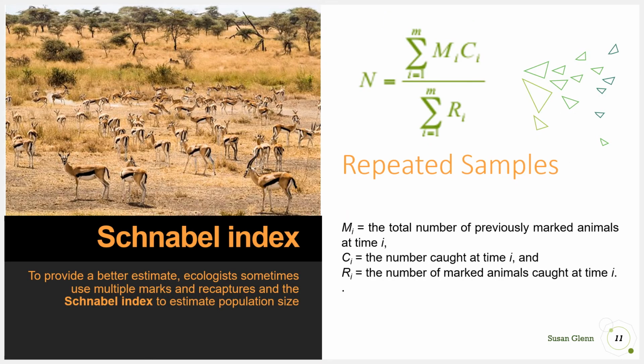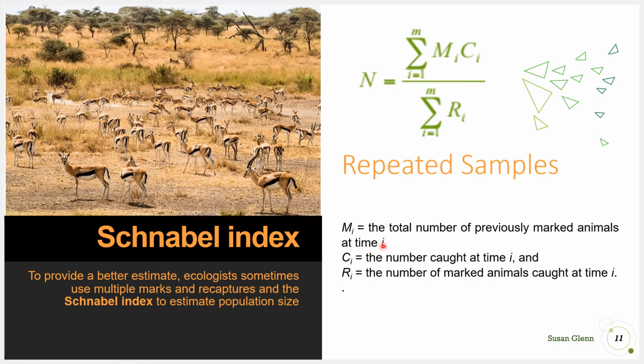Because of the sample size issue and making sure you have enough recaptures in your second sample, there's a number of techniques that use repeated samples. So instead of just one recapture, you have several recaptures. And the Schnabel index is one of these. So you could go back several weeks in a row. And each time you go, you're going to mark more of the unmarked individuals that you capture. So included in this particular